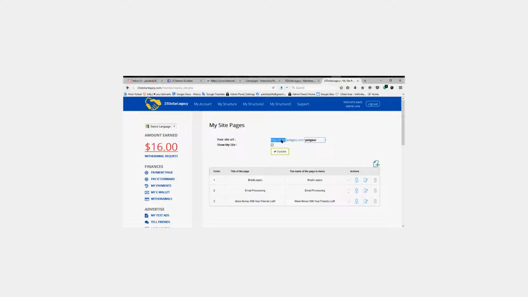Now remember, you have to copy this part of the link, and then you have to enter this in between the forward slashes. And when you put it in your browser, that way it'll pop up, because they won't copy this here along with the link, so you have to do it separately. So once you get the link here, you paste it, and then in between the forward slashes, you put the name of your website or whatever you want to call it, and paste it right in between, Control V, and now you have your full link.